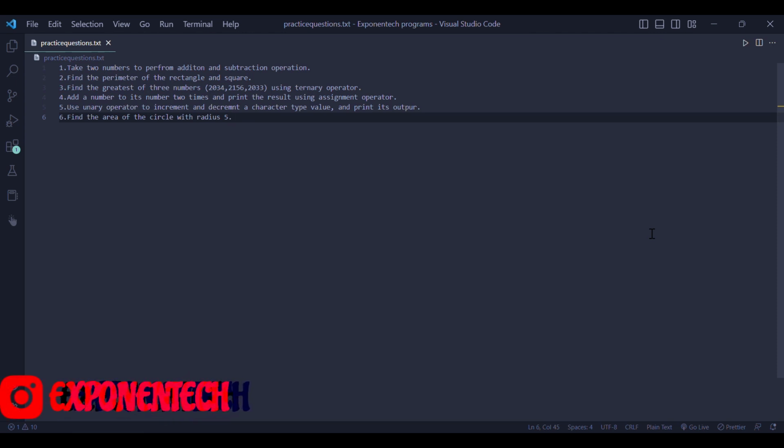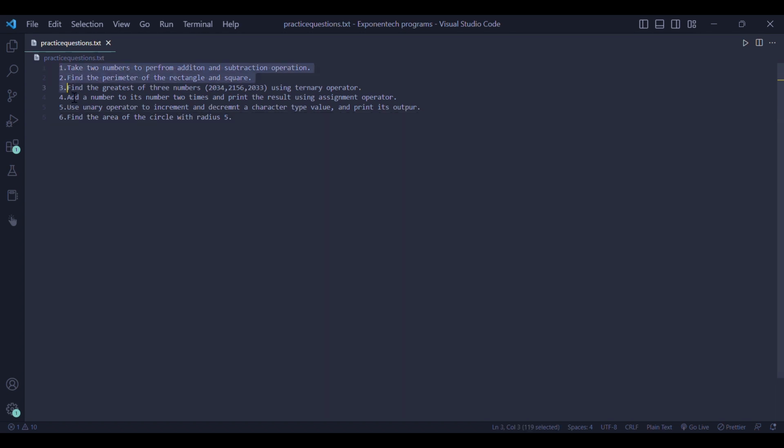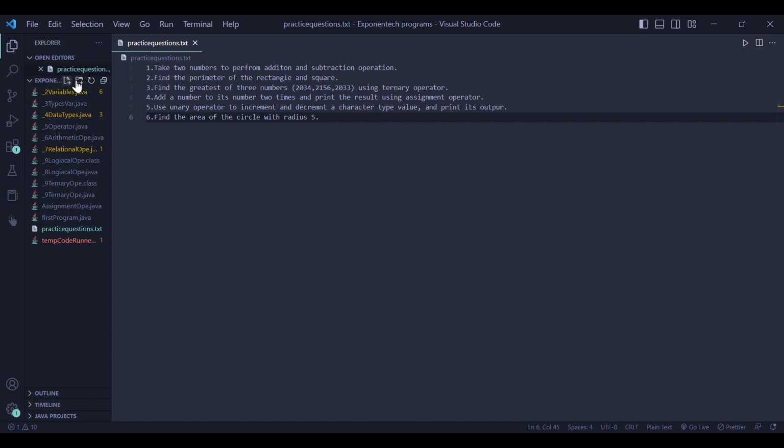So today we are going to solve some set of problems on the topic operators. I have listed 6 questions and saved them in a file named practicequestion.txt. The first question is take two numbers, then find the perimeter of the rectangle, perform addition and subtraction, ternary operators. So let me create one file named 10th program underscore 10